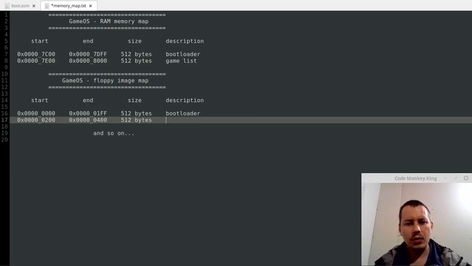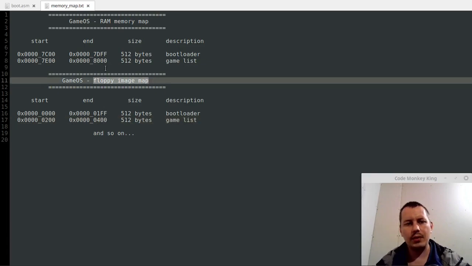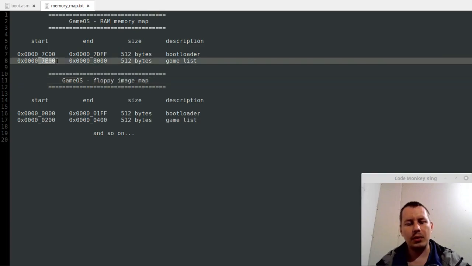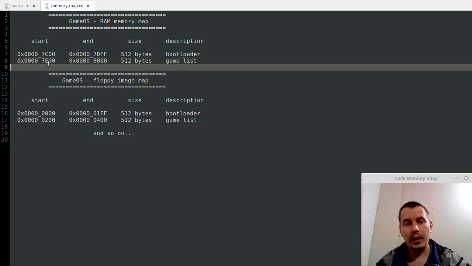So here again we have our game list. This is the location of the game list on the floppy image, and this is the memory address where we're supposed to be loading our game list when it comes to writing it to memory. I hope it's clear. And then when it comes to shell, it would be,